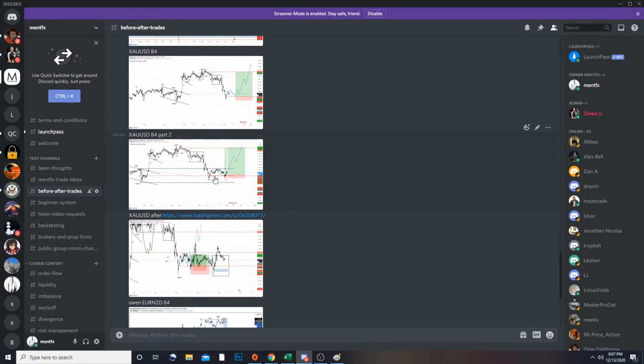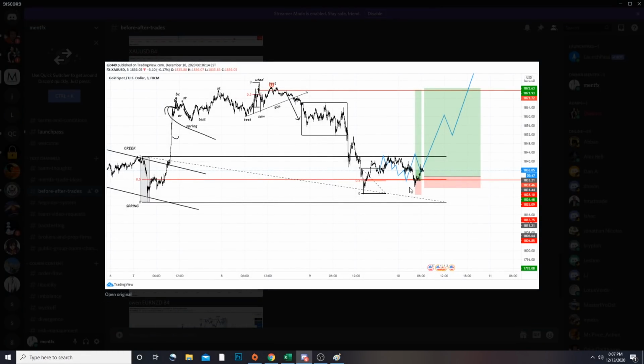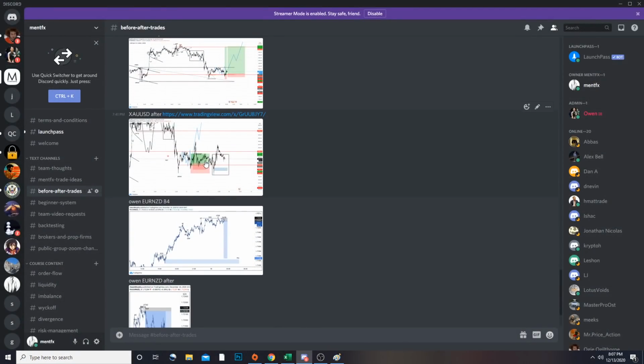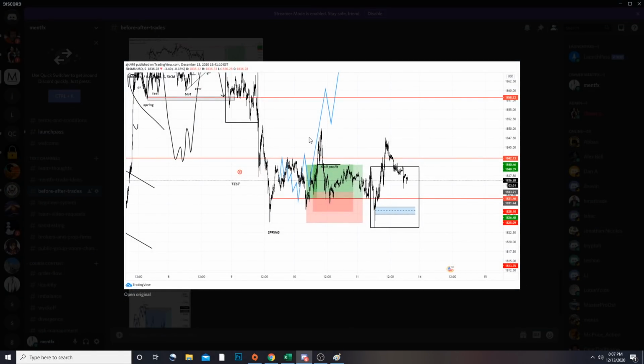So what happened? Well, we sent out this right here after. We came, made that high, slowly moved down into this area, moved from there, right? Creating that spring within a spring, looking for another entry, right? In this area here, we were trying to pyramid entries in to get higher. And notice what happened. Here you have it. As it started marking up, we began to trail our profits.